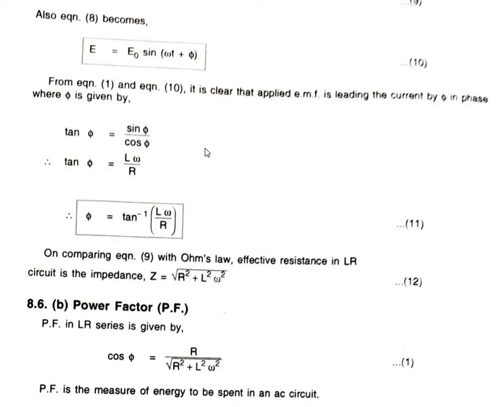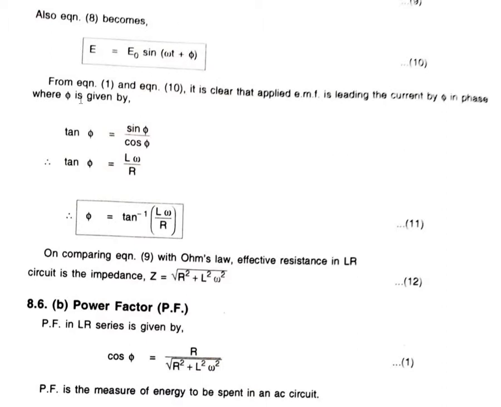Okay, dear students, in the last class we discussed an AC circuit containing inductance and resistance in series. In that case, I is represented by I0 sin omega t and E is represented by E0 sin(omega t plus phi). That is, in a circuit containing inductance and resistance in series, the voltage leads the current by an